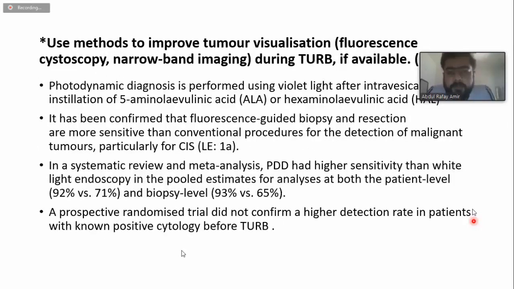Use methods to improve visualization, if they are available. We have studied that before. So photodynamic diagnosis with the use of violet light with instillation of ALA or HAL have confirmed that they have more sensitivity than conventional procedure for detection of malignant tumor, particularly CIS. In a systematic review, photodynamic diagnosis has more sensitivity than white light endoscopy in pooled estimate at both patient level or biopsy level. However, prospective randomized studies are yet to be done in order to prove their